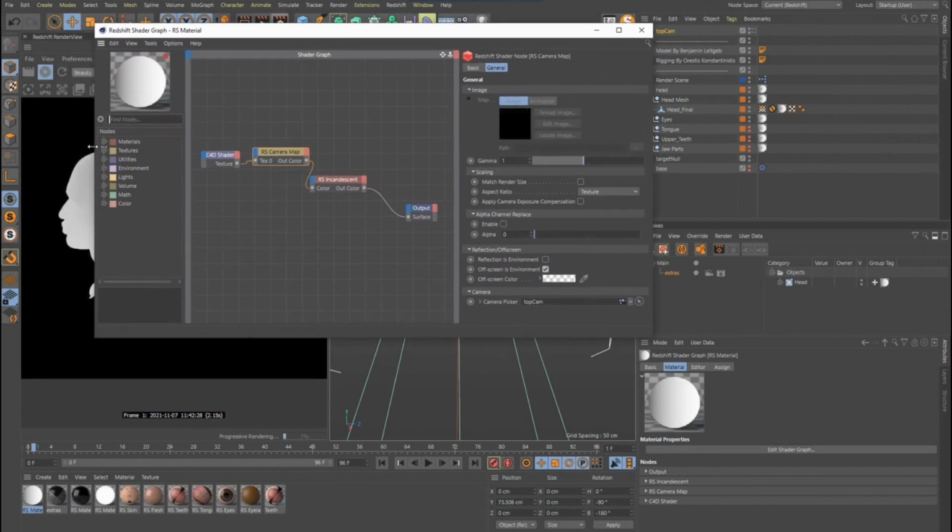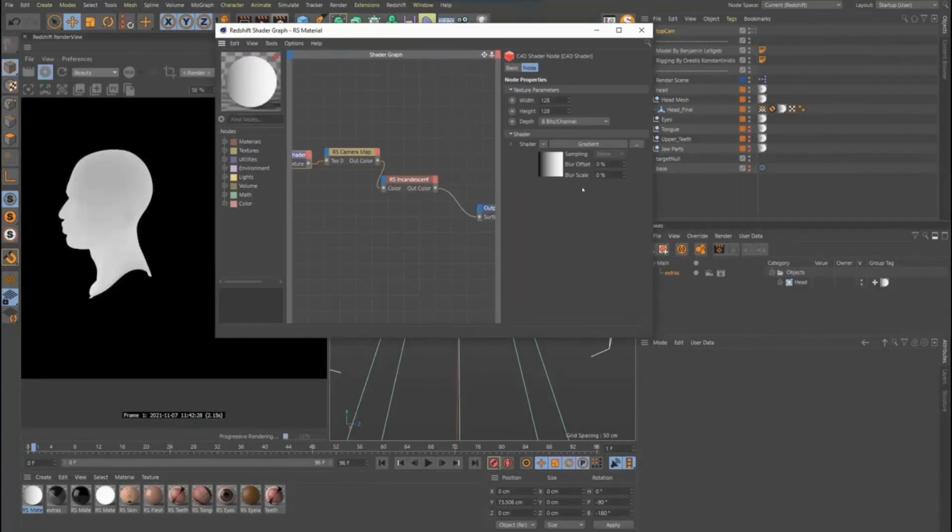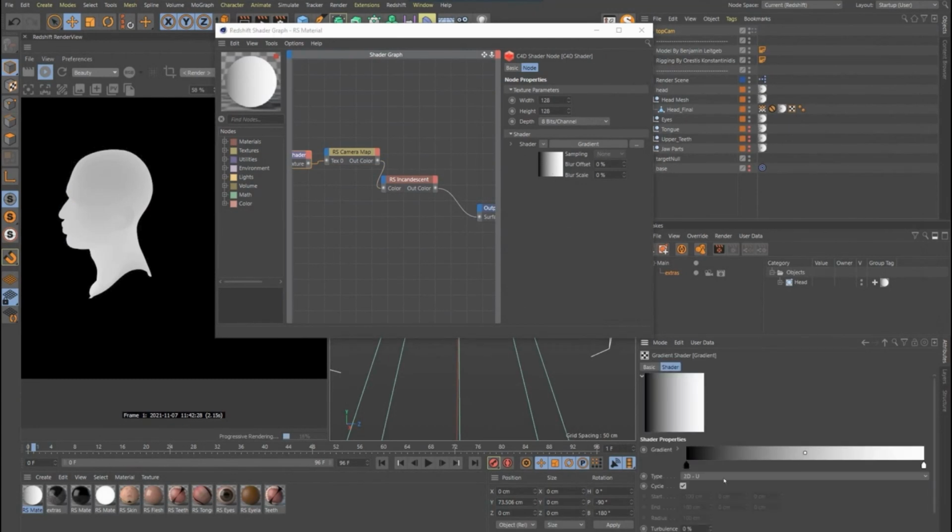I'll just shrink that. C4D shader. Our gradient right now is 2D-U. There's a 2D-V. What does that do? There we go. White at the nose, black at the back of the head, and we can tweak this all we want. That's going to get more white. That's going to get more black in the back of the head.